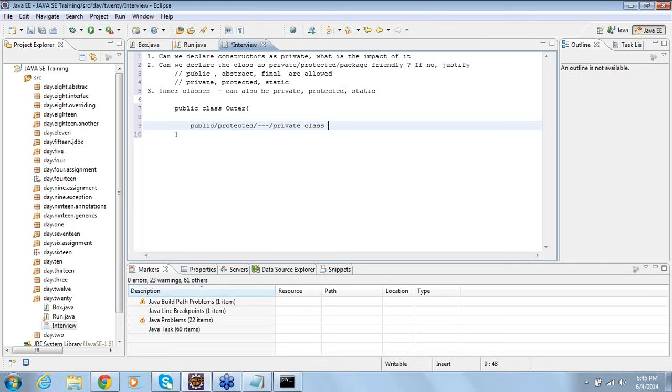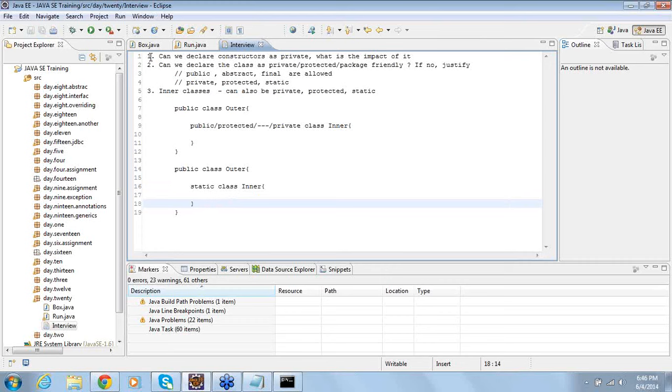So you can have your inner classes as public, protected, private, and package-friendly. And your inner classes can also be static. Outer classes cannot be static, whereas inner classes can be static.